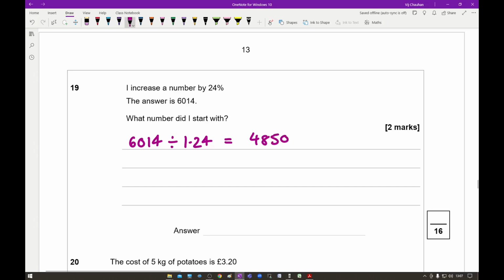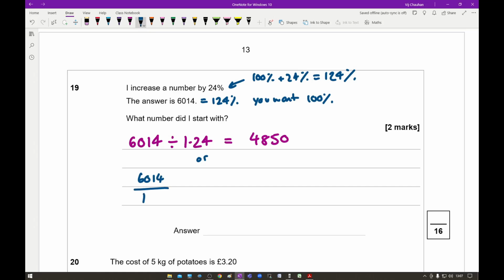And so another way of working this out, or an alternative way, is if you increase by 24%, then that's going to be 100% plus 24% is equal to 124%. So that's 6014 equals 124%, but you want 100%. So to do that, what we need to do is do 6014 divided by 124, which works out what 1% is, and then I multiply that by 100, and that will give me what 100% is, and again that gives me the same answer of 4850, which makes sense because we're expecting a smaller number because we obviously have